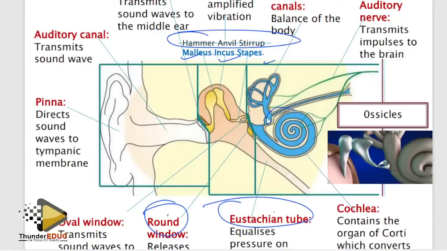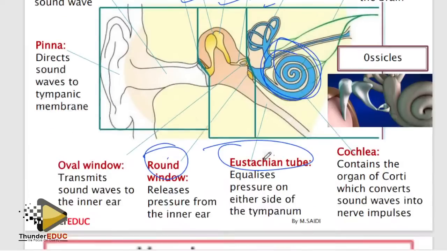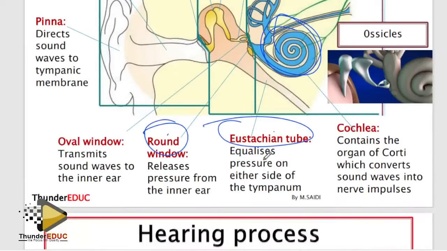And then this part, the cochlea and the semicircular canal. So the round window absorbs or releases. It's the same thing. It absorbs excess pressure from the inner ear or releases it. When you absorb, you release what you have absorbed. Release the excess pressure from the inner ear. And then the oval window, what does it mean? Basically, for the oval window, what do you need to talk about? This is just to create a pressure wave in the inner ear.